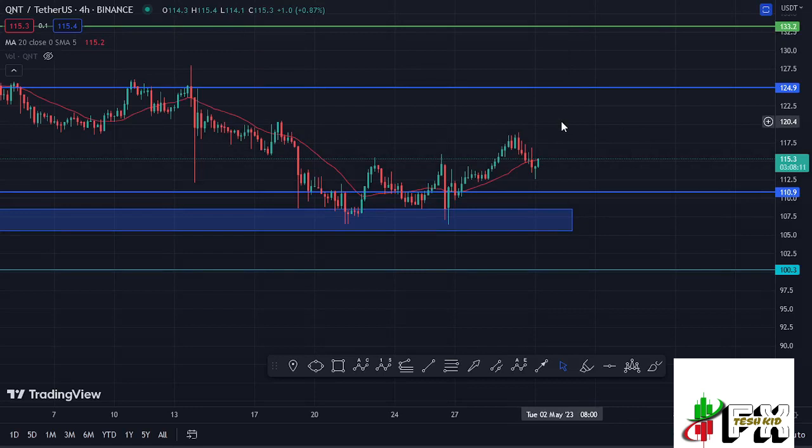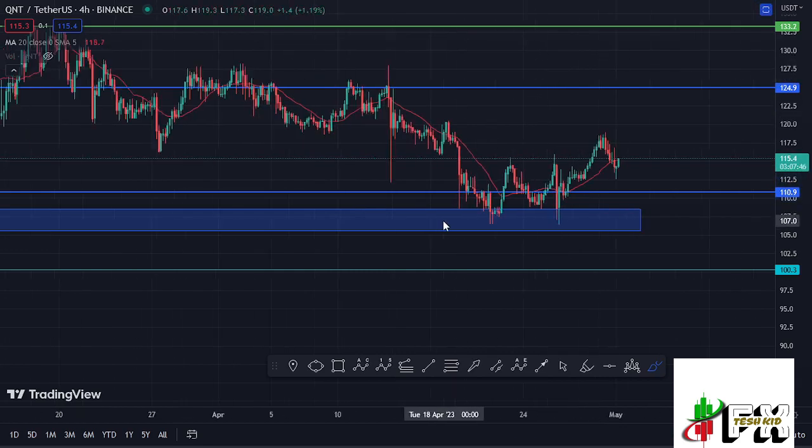Welcome back to TeshKidFX for another Quant price prediction update, which at the time of this recording is holding above the 20-day MA here on the 4-hour chart, which is now acting as support for us to continue gearing up. We are also holding above a key area of support at around the $110.9 mark. I also have a chart pattern that has been in formation right here that could possibly give us a breakout